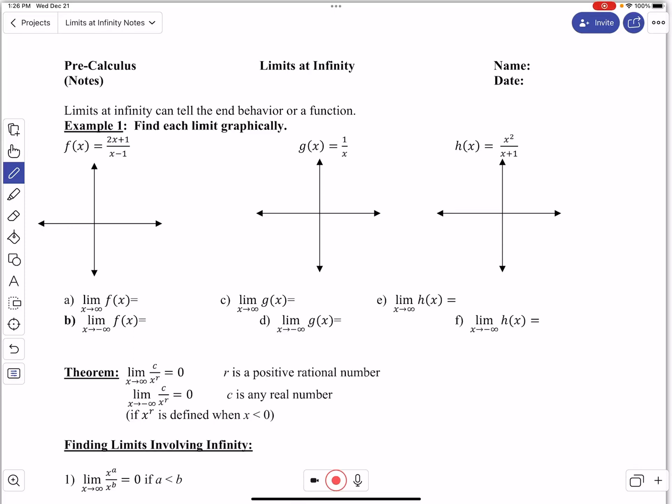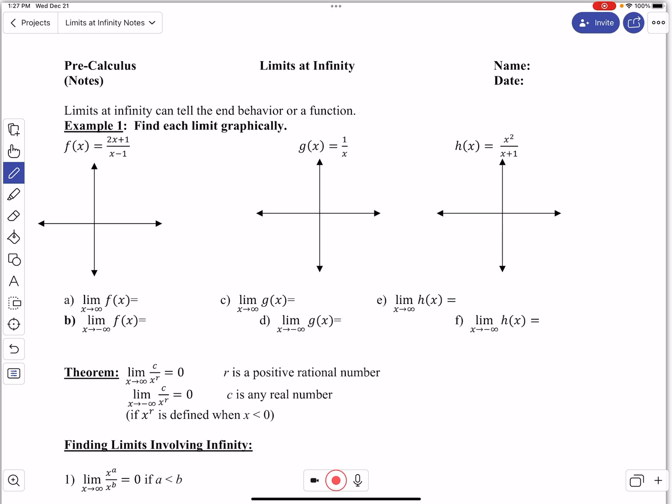This set of notes is on limits at infinity. So we've done limits when x is approaching a certain number. So this is when x is approaching either infinity or negative infinity. So let's look at